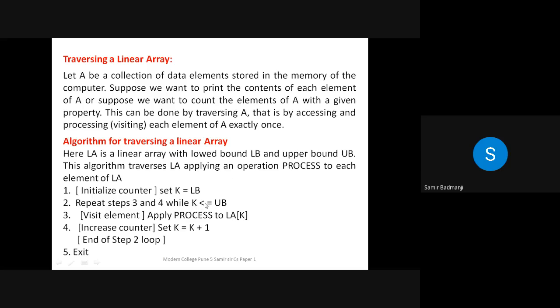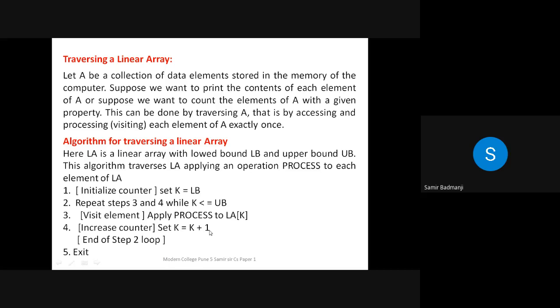So you can consider this as a for loop from 0 to 9. Okay. So first element is 0, last element is 9. So we have to keep on doing steps 3 and 4 moving from the first element till the last element. And what we have to do? We have to apply some process to LA[K]. LA[K] means what? Initially K will be 0. Then it will increment by 1, 2, 3, 4 up till 9. So every time on that particular element, you can apply some process. It can be addition, subtraction, or any other process as you think.